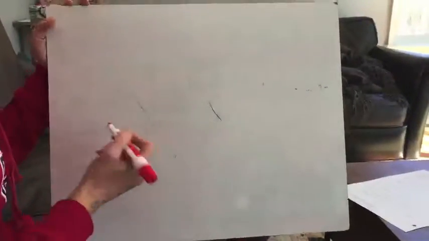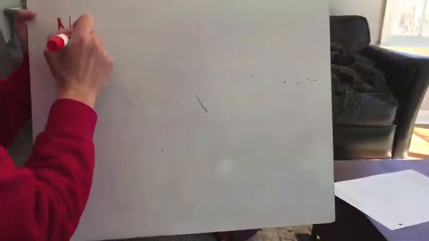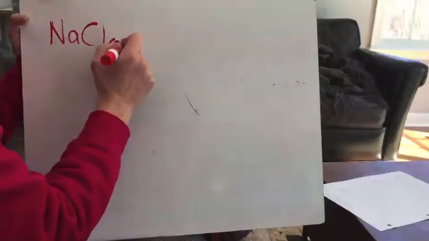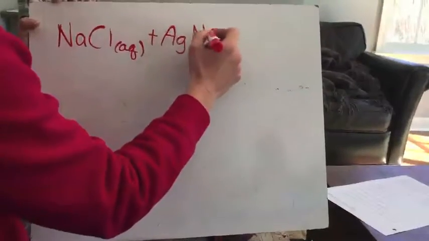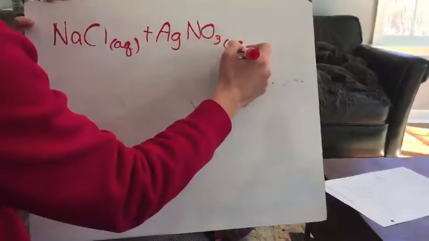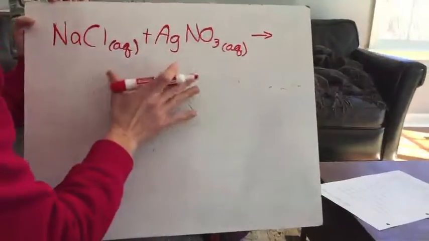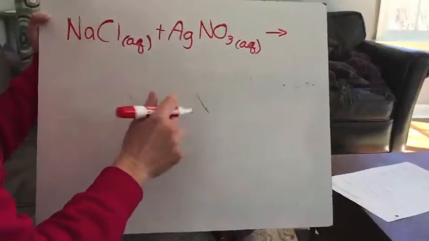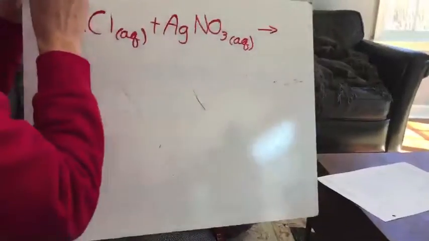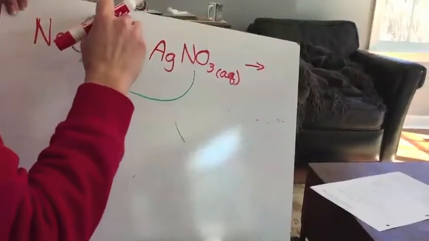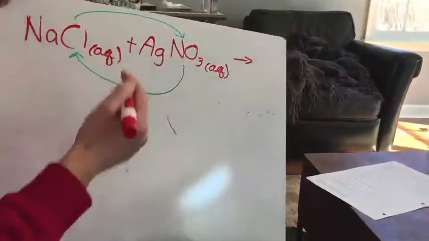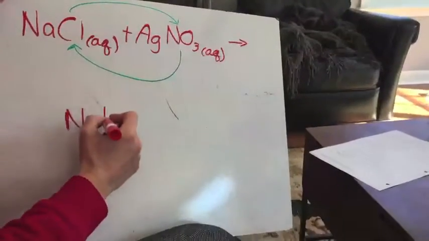So in general, when we have what we call a double displacement reaction, our ions are just trading partners. So we're going to take the example of sodium chloride, which we know dissolves in water because it's a group 1, and silver nitrate. And even though silver is not usually soluble, because it's with the nitrate, it's dissolved in water. We actually did this in a lab, and we combined these 2 solutions, and when we did that, they switched partners. So the nitrate comes over here and switches places with the chloride, and the chloride comes over here. And so now our new compounds are sodium nitrate